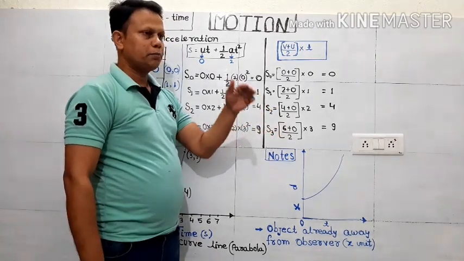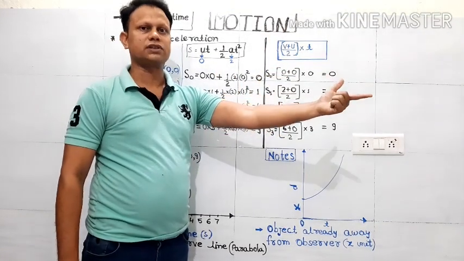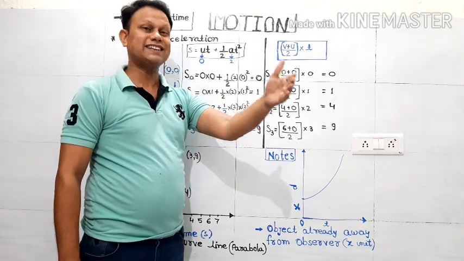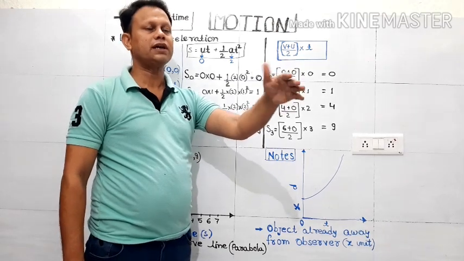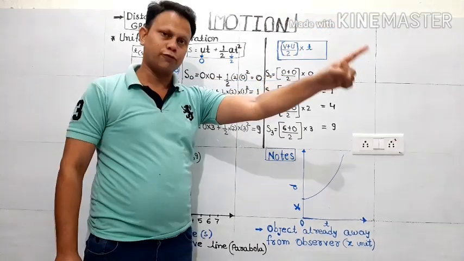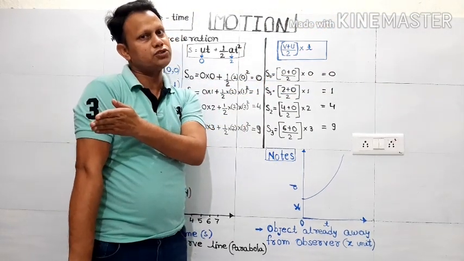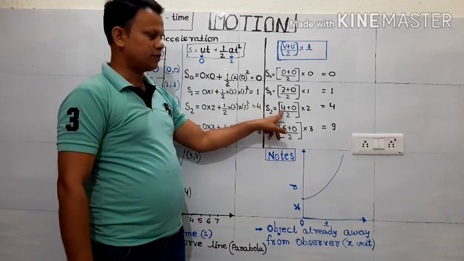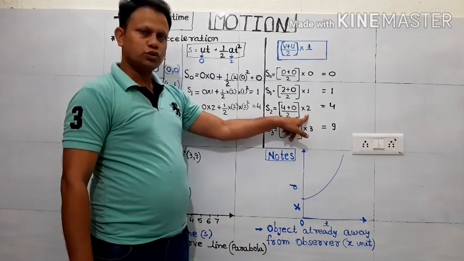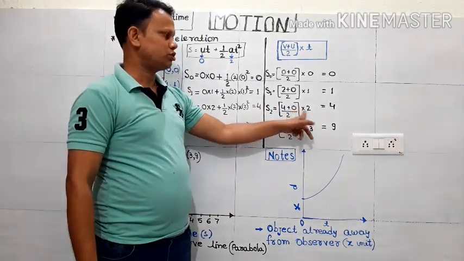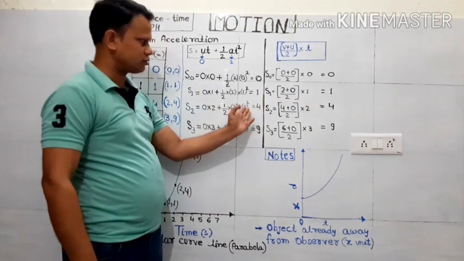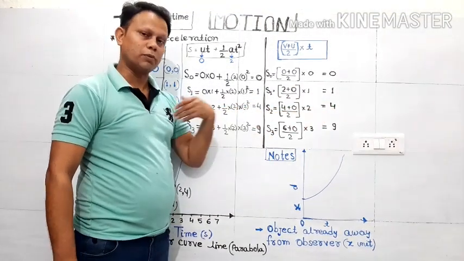Then after 2 seconds, by that time the speed will become 4 meter per second because of acceleration of value 2. So obviously after 1 second the velocity becomes 2 meter per second, and after 2 seconds it becomes 4 meter per second. So after 2 seconds the final velocity is 4 meter per second. Initial still will be taken 0. So 4 meter per second plus 0 by 2 gives 4 by 2, that is 2, into time, 2 seconds. So 2 into 2, that is 4 meters. So that means after 2 seconds, it has gone 4 meters away from the observer, from me.